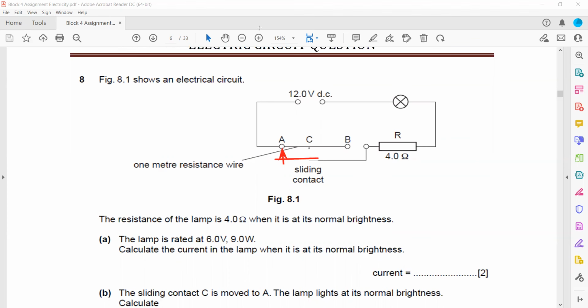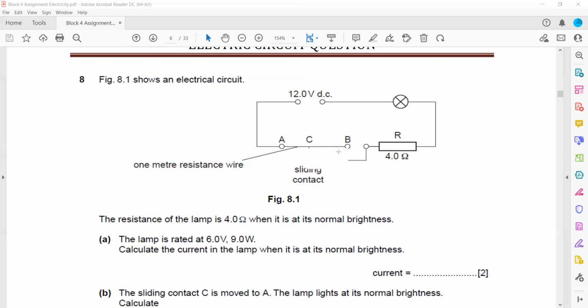So when the sliding contact is at position A, the charges are moving from A to the resistor and then to the lamp. So this part was not having any resistance, it is not contributing. If it is a 12 volt supply, 6 volt is across the resistor and the remaining 6 volt is across the lamp. But when we move the sliding contact to position B,